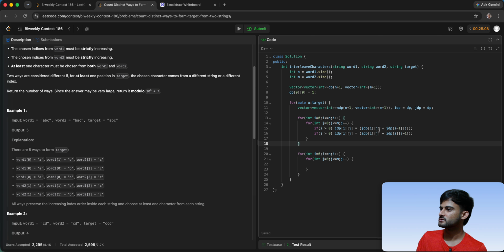If I is greater than 0, then we will calculate this prefix sum over fixed J. If J is greater than 0, then we will calculate the prefix sum over fixed I. So once we have the prefix sum for fixed column and fixed row, now let's calculate all of the states of this current, right? Current prefix of target के लिए हम सारी स्टेट्स फाइंड करते हैं, तो हमें NDP of I कोमा J फाइंड करना है।